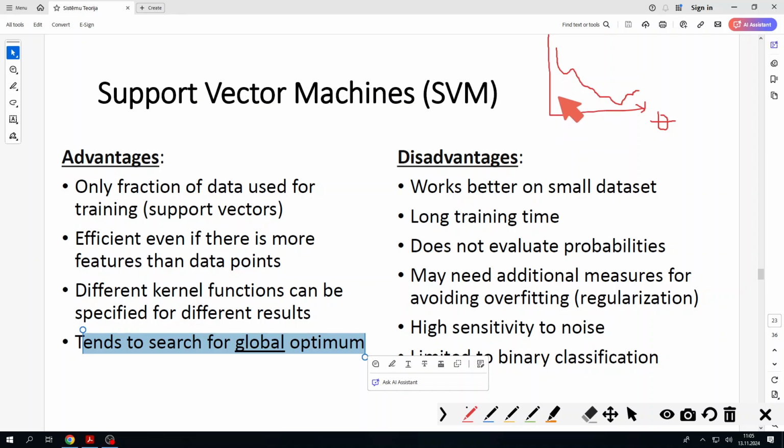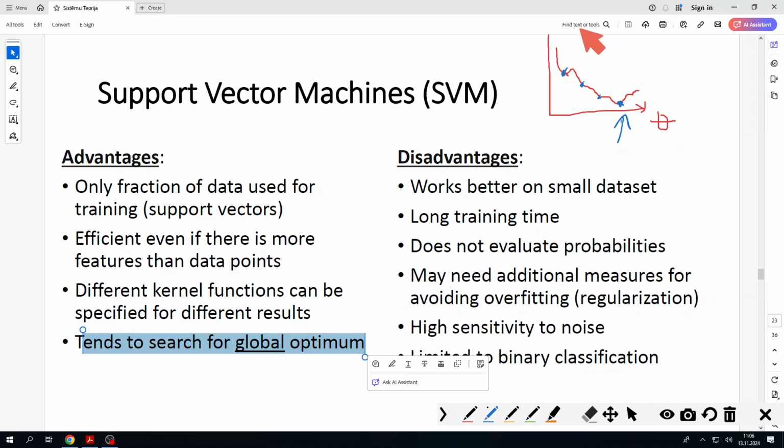What we can see here is some local minimum here, some local minimum here, and here, but here we can see that actually there is an absolute minimum, and the support vector machine algorithm tends to search more for this global minimum